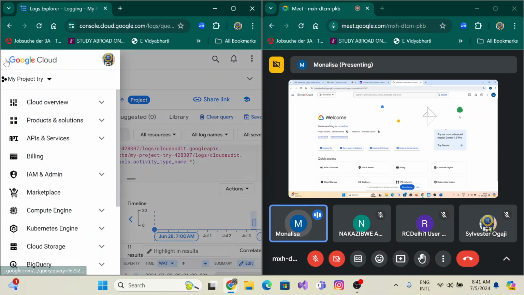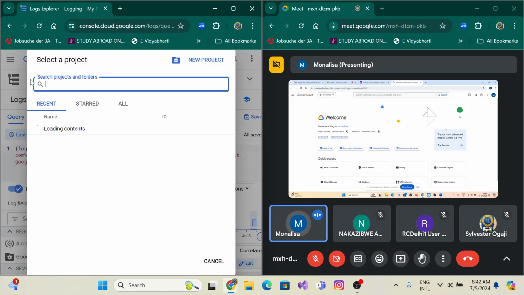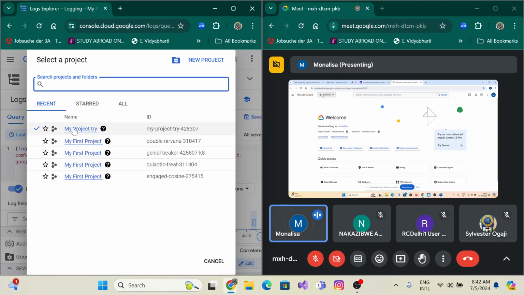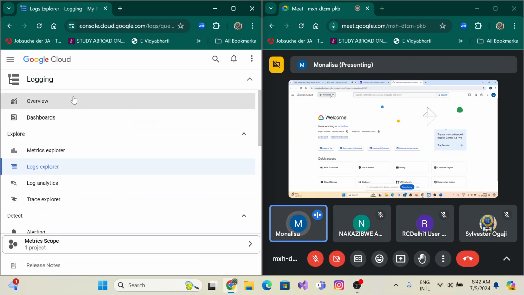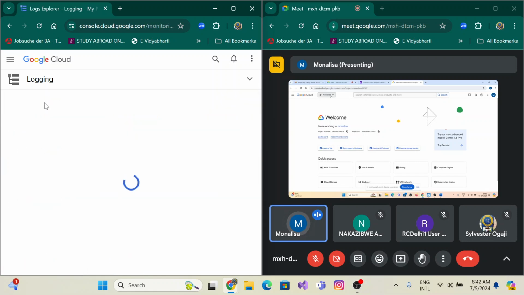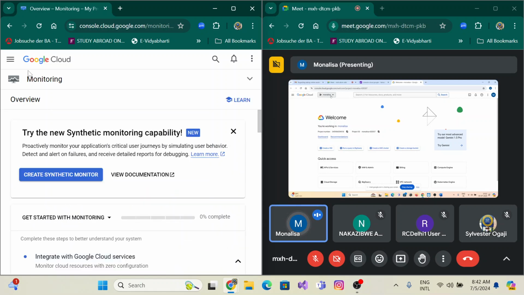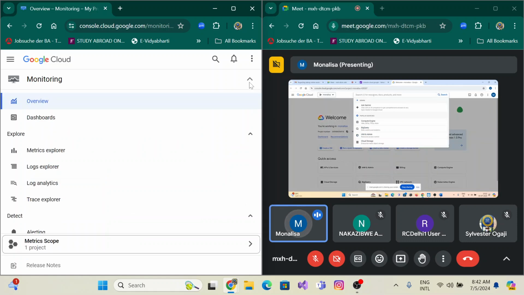Suppose I am working in this project, and I want to give permission to a particular user to do any work or editing. Or if I have something stored in this Google Cloud account, that person can only read, or I want to make that person the owner. How can I do that? So here you have to type